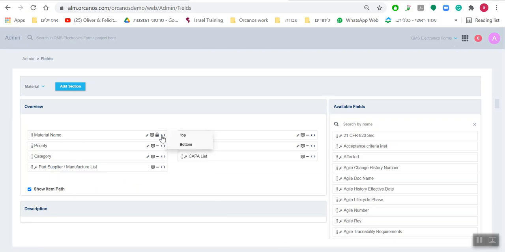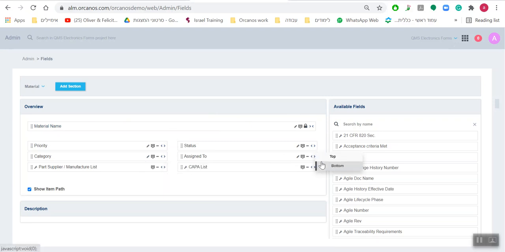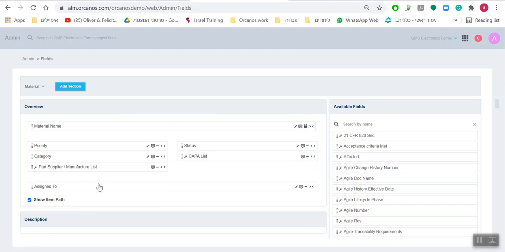The arrows that you see on the very right of all the fields is in order to change the cosmetics of how you want this field to be represented. So for example, by choosing top, I can have this at the very top of my list, and the assign to can be at the very bottom. You can play around with the aesthetics so that it makes sense to the way you want your users to